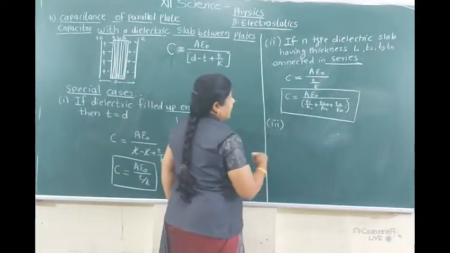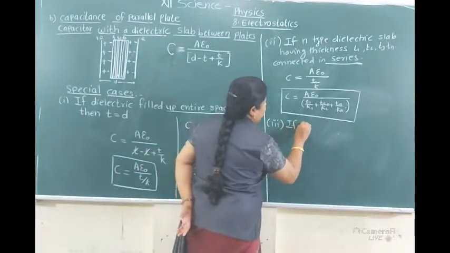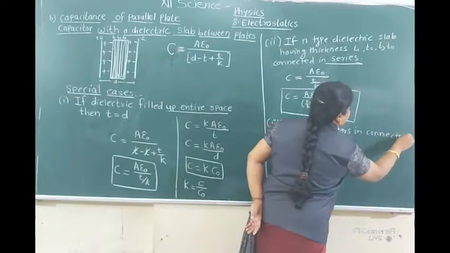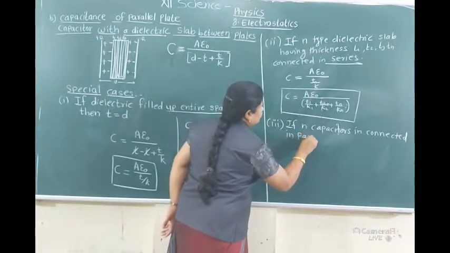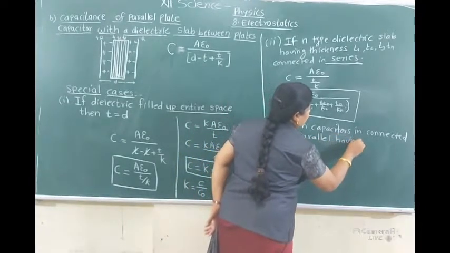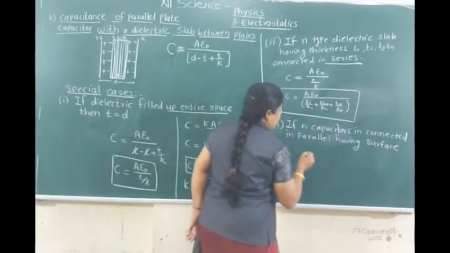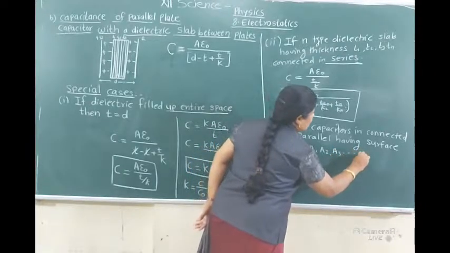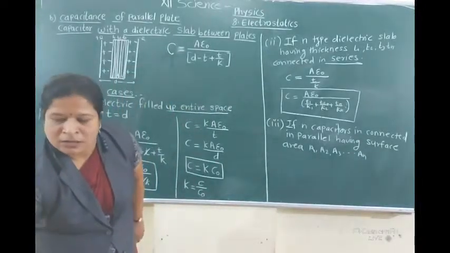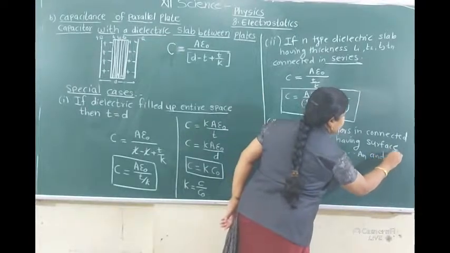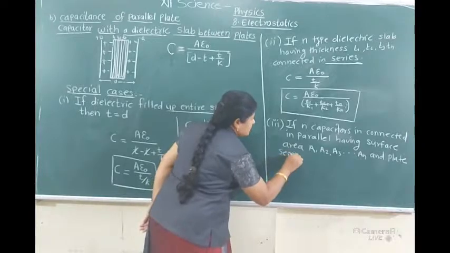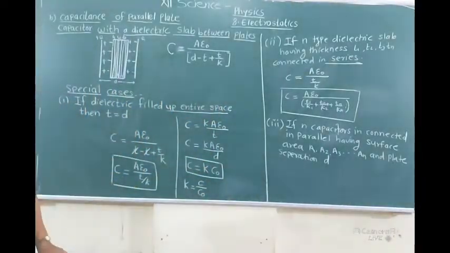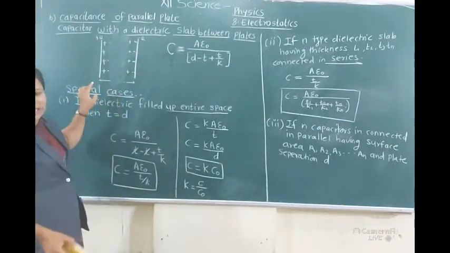Third specific case, if n capacitors are connected in parallel having surface areas A1, A2, A3 up to An, and plate separation by D. Now in between these two plates, we connect different capacitors in parallel